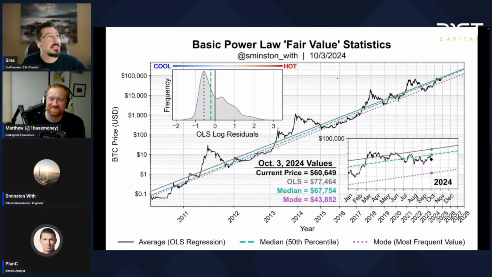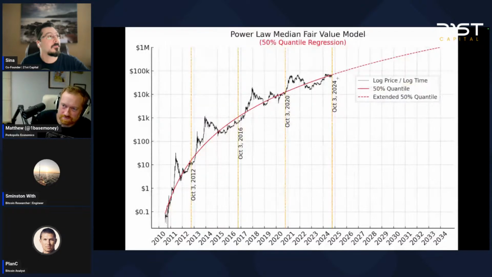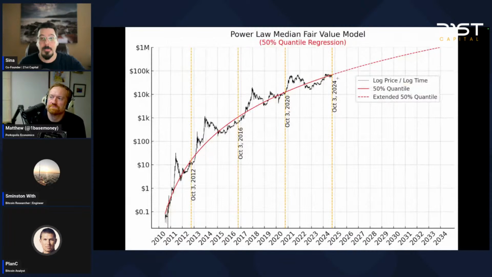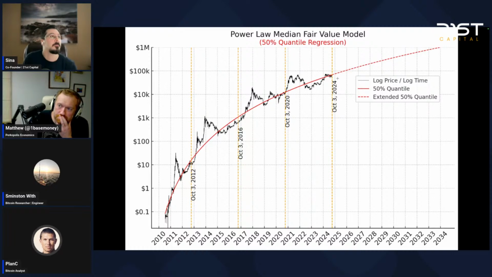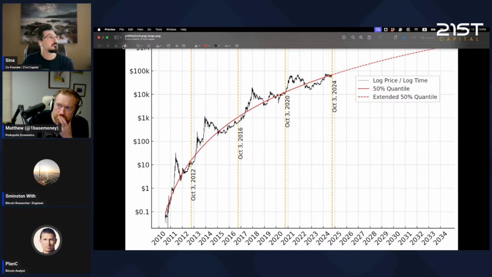It segues really well. So this is exactly what Svensson was just speaking to. This is the quantile regression, the 50th, so this is exactly modeling what he was just talking about, which is that median way of looking at the fair value. I actually saw his post, and it inspired this one because it's something we talked about before as well. It's a pretty robust way of looking at the fair value, and I think it's better than the OLS personally for a number of reasons we've talked about. I was like, well, what if you